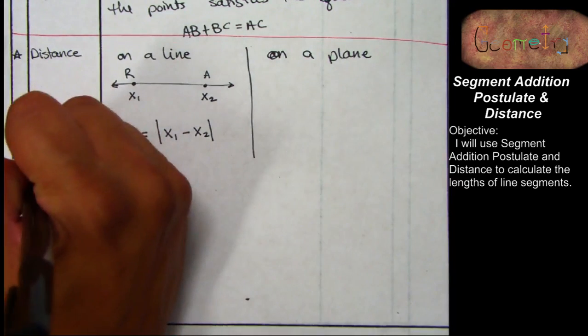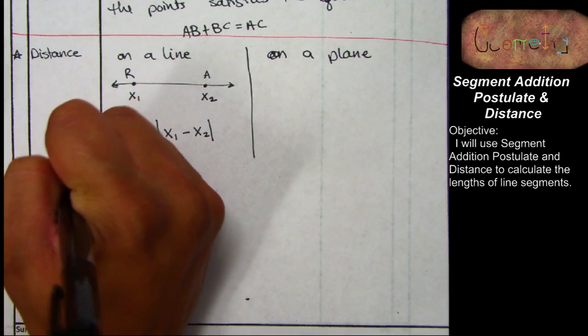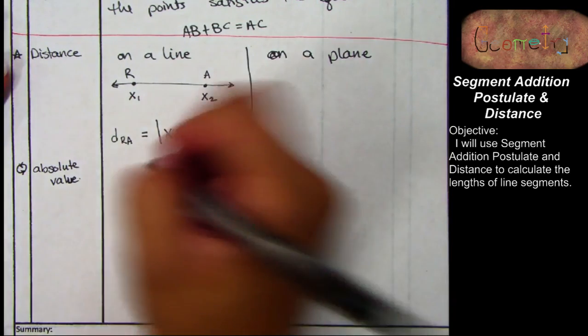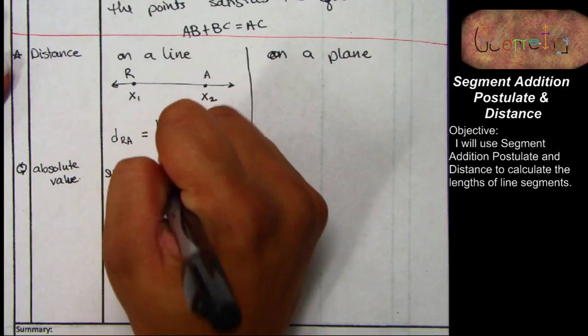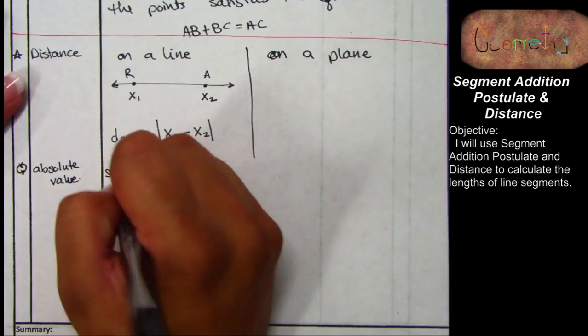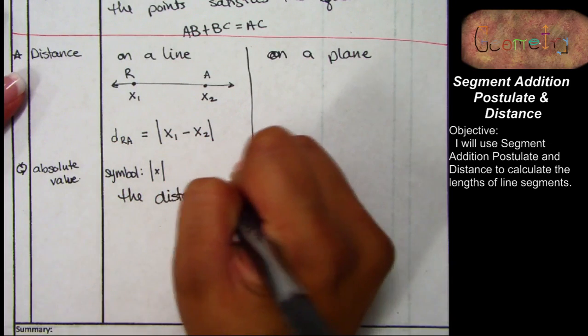Okay? And the recall that we're going to be doing is absolute value today. As stated, we have our symbol for absolute value. And I'm using, in this case, the x to show that it is something. I don't know what it is. The absolute value then is defined as the distance